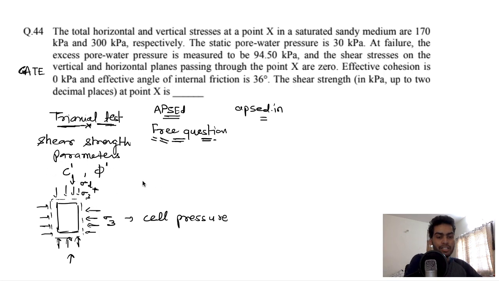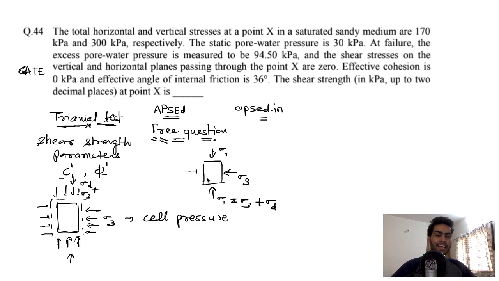And with the help of some equations, some formulae and some understanding of the soil, we find out these shear strength parameters. This soil sample resembles a 2D stress element in which we have sigma 3, and in the vertical direction we have sigma 1, and this sigma 1 is equal to sigma 3 plus sigma d, because in the first stage there is cell pressure, and in the second stage there is additional vertical stress. So the total vertical stress becomes sigma 3 plus sigma d. So these are the two stresses.